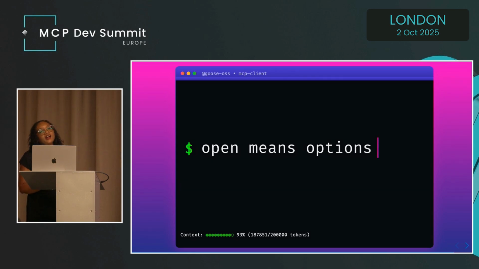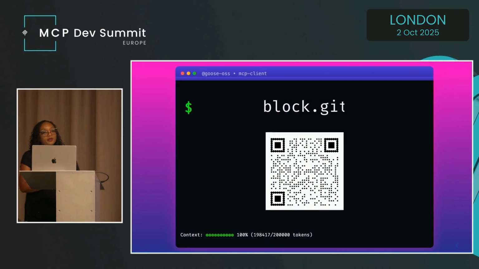So I don't share any of this talk to brag on how great Goose is, even though, yes, it is that girl. But I share it because Goose shows us how clients lead the way and how open source, once again, has advanced this entire space. So as we build the future of agentic AI together, don't just ask what an agent can do. There's going to be more that pop up. I want you to really think about it and test it out. Does it keep you free to choose, right? Because in the end, open isn't just where the trends start. Open is where the future belongs, all right?